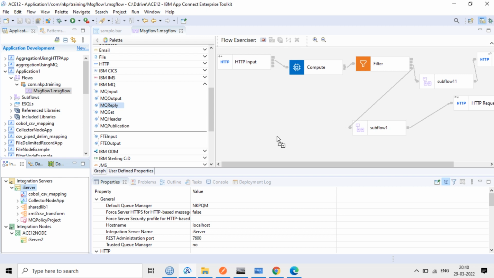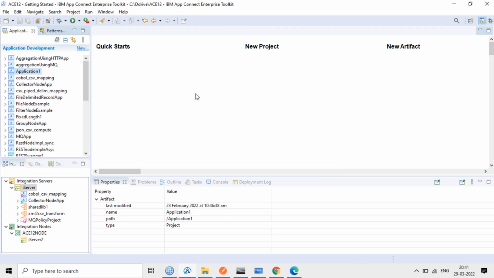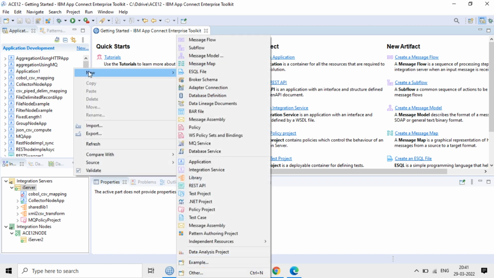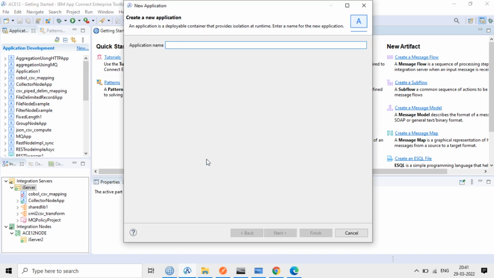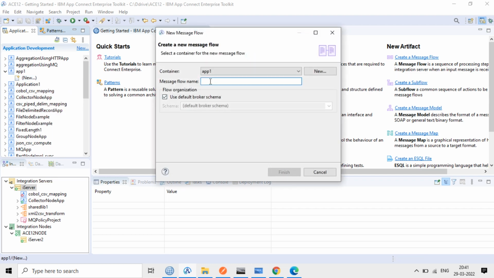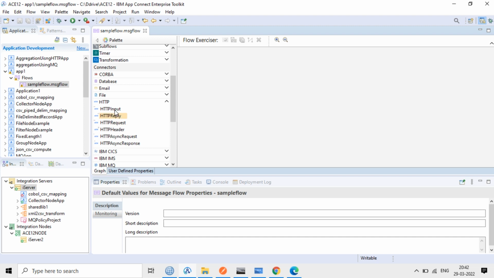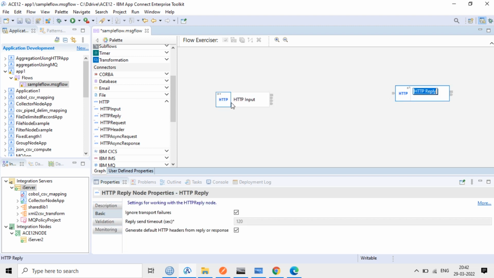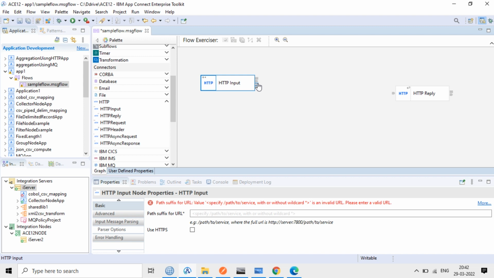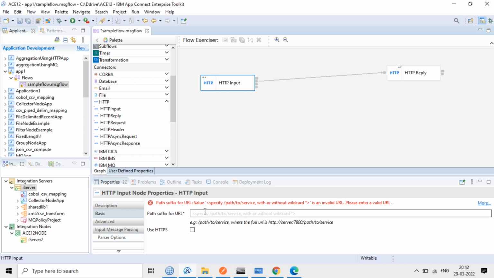process queue messages. Let me create a sample application using the HTTP protocol that accepts an HTTP client request. Let me create a new application here, with the name app1, and finish. So, new message flow, I'll just give it the name sample flow, finish. Here I'll add these nodes, the HTTP nodes, HTTP input and the HTTP reply node here. And I'll not do anything, I'll just connect this out to the reply node, and here we need to configure